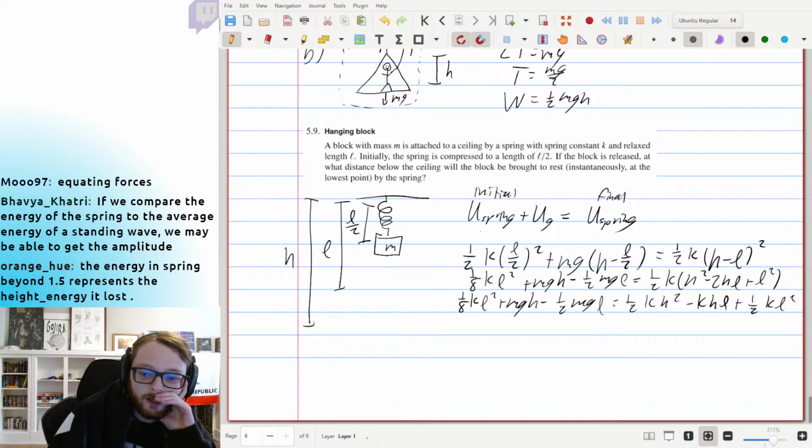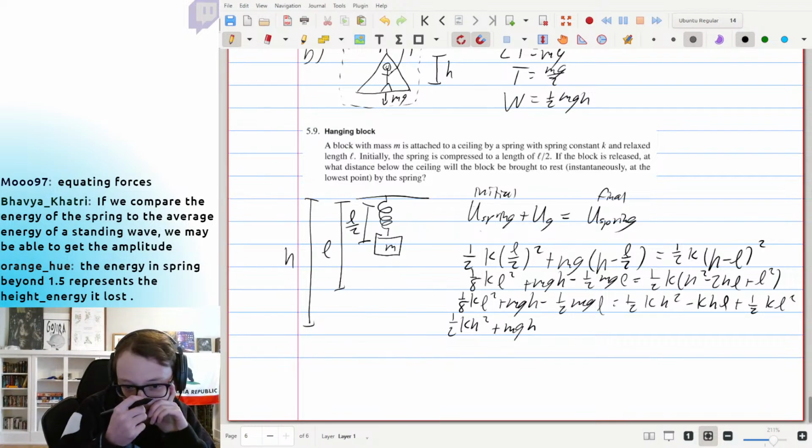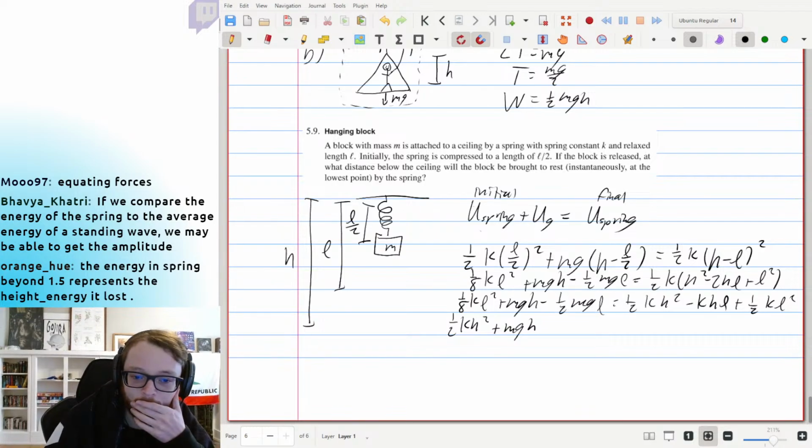All right, we're solving for h. We have one h squared term, 1/2 kh squared. How many h terms? mgh. And that's all? Okay. Let's hope these constants aren't too ugly. An 1/8 kl squared, 1/2 kl squared. Wait, I need to think about what I'm doing. I'm subtracting mgh over to the right side. I'm taking 1/2 kl squared and subtracting an 1/8 kl squared. So we're going to get